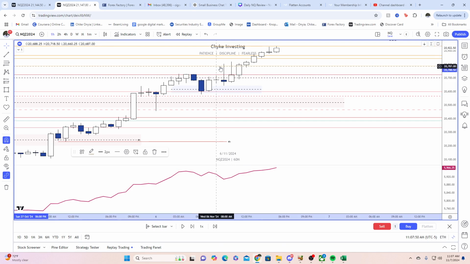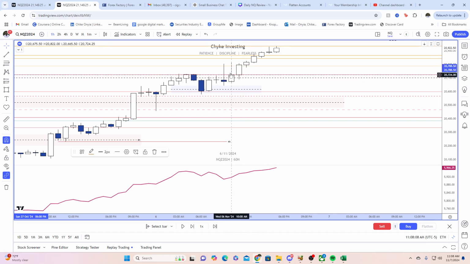When you take out a weekly level, this is the previous week high right here, especially a weekly target for the first time, you'll notice that price for the next couple of hours, at least 1 to 2, is pretty choppy, right? So that's pretty much a target for the morning. If you see that we hit that, wait until the next macro, or wait until lunch to see if we can continue going higher. That's pretty much the AM, and it might be a little choppy for the rest of the session.